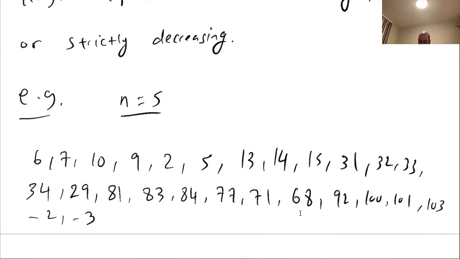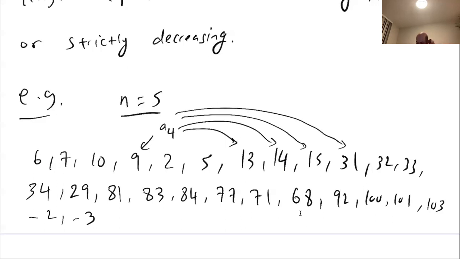So for example, let's say if I start with 9, let's say B1, which is going to be A4 basically. Let's say if I want to choose something increasing, so A4, then let's say 13, 14, 15, 31, right? So A4 is less than